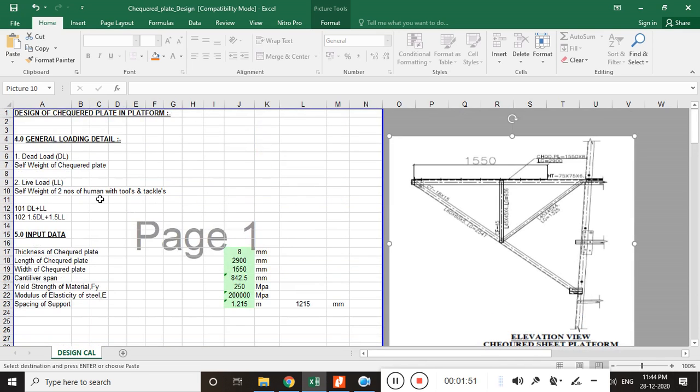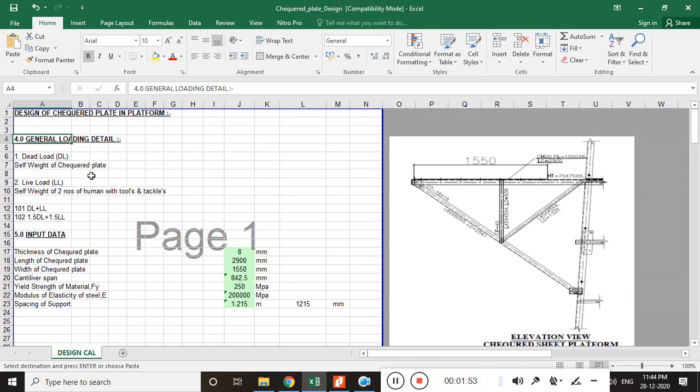So let's start. First of all, there is the general detail. In the general detail, there is a dead load and the live load, and these are the load combinations. I've considered the dead load and live load only. In the dead load, there is the self weight of checkered plate, and in the live load, I have considered two human loads with tools and trackers. The dead load and the live load are considered with the combination,